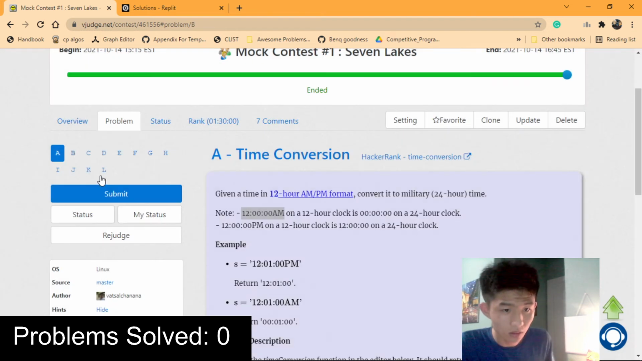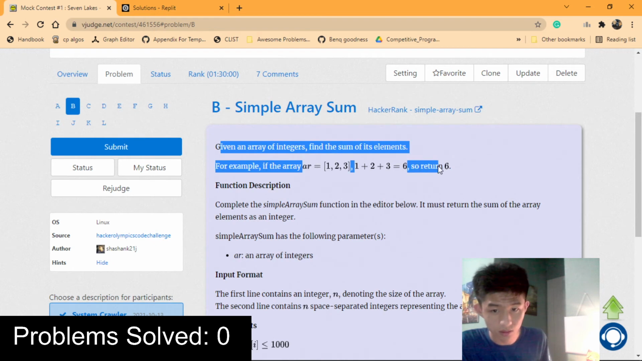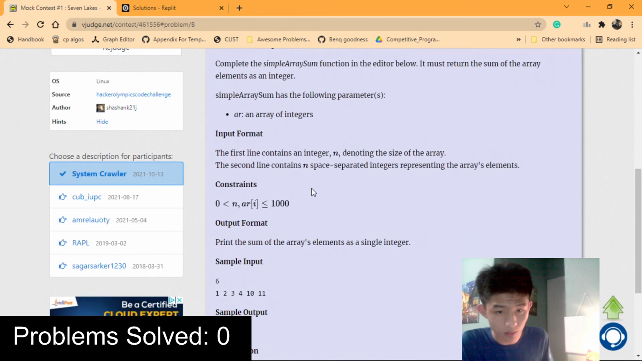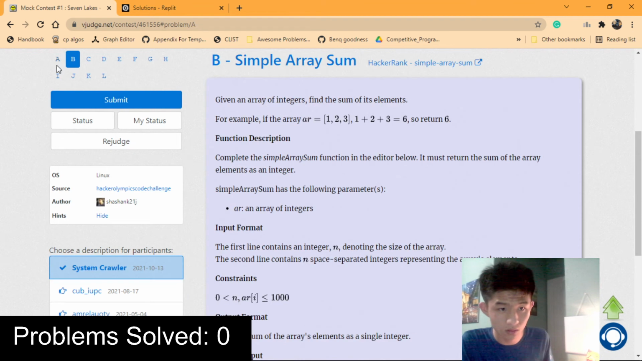Whatever. I'll move on. Simple array sum. Given array of integers, find sum of its elements. For example, blah blah blah. So return 6. Okay. So this one's probably going to be one of the easier ones. I just take an input n, and then I add all of them together. So